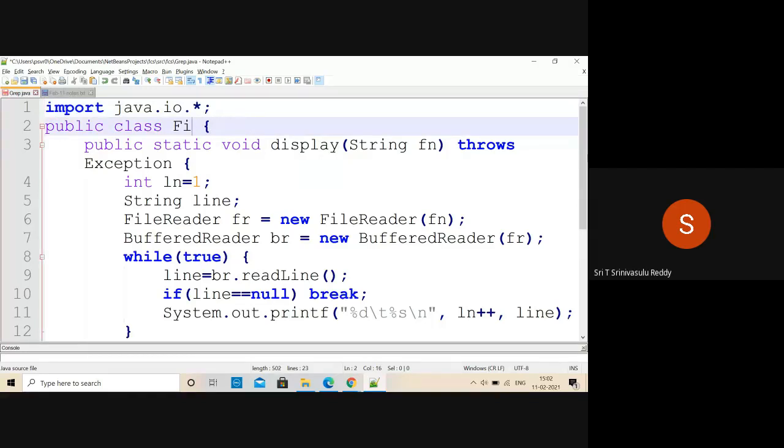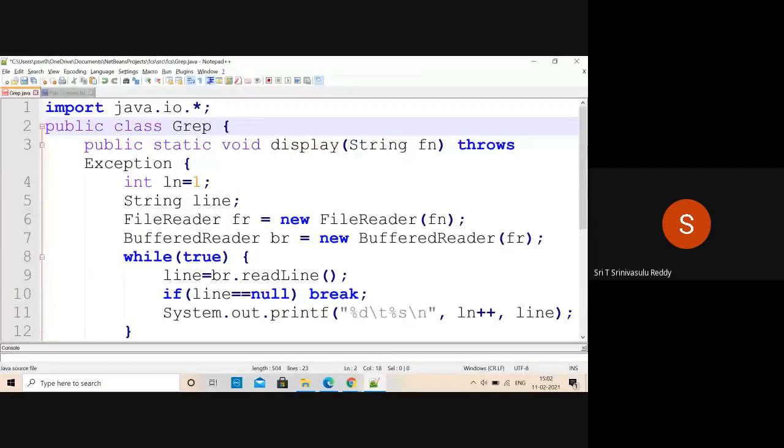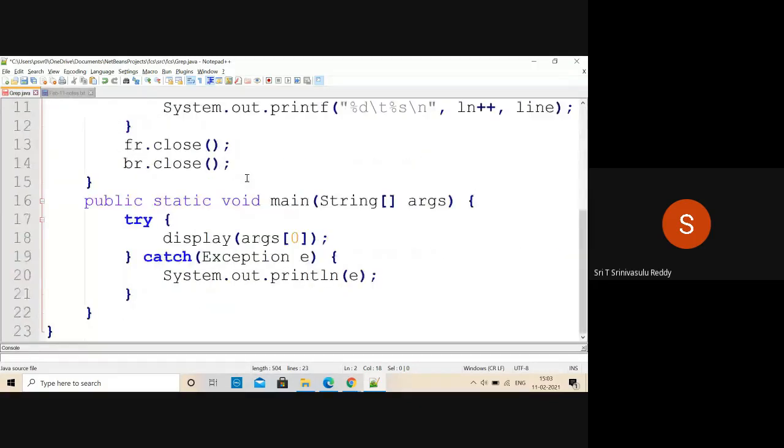Naturally, the file name should also be grep here. So public class grep. And then what to do? You are likely to call public static void main, String followed by args.